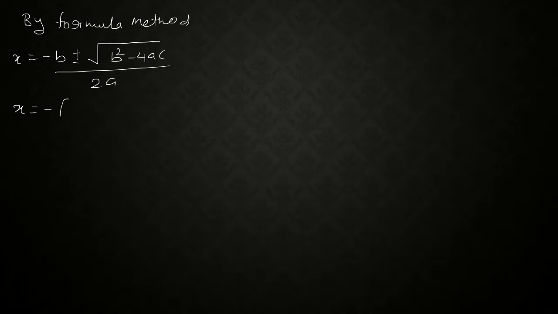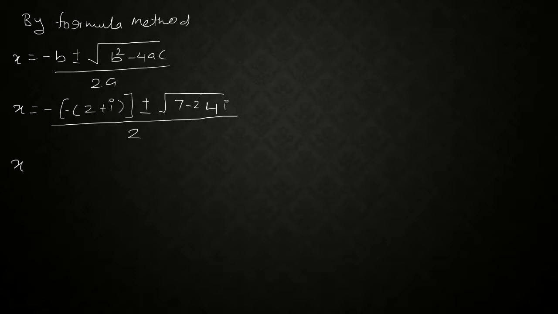Writing the formula, x is equal to minus b plus minus under root of b square minus 4ac, whole divided by 2a. So let us update all the answers. Minus of b, the value which we have, is minus of 2 plus i, plus minus under root of b square minus 4ac. The answer of under root of b square minus 4ac we got was under root of 7 minus 24i, whole divided by 2a. The value of a which we have is 1. So 2 ones are 2.